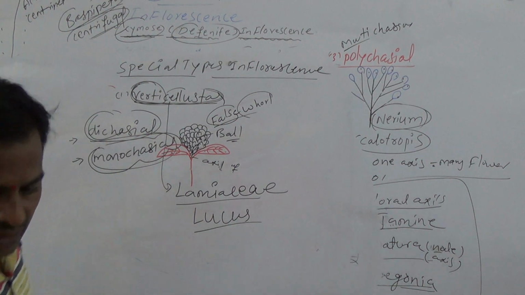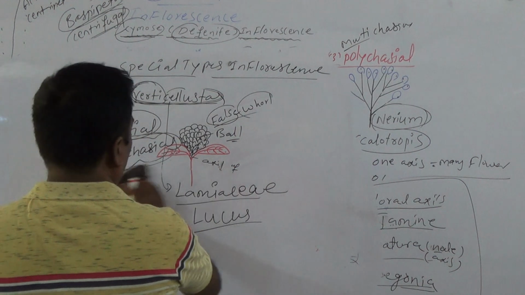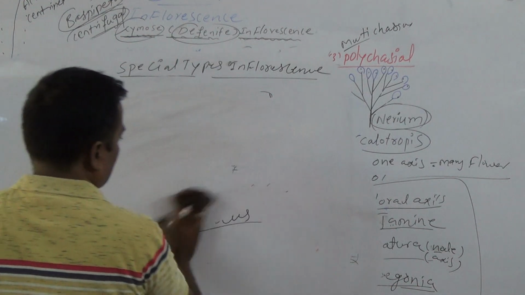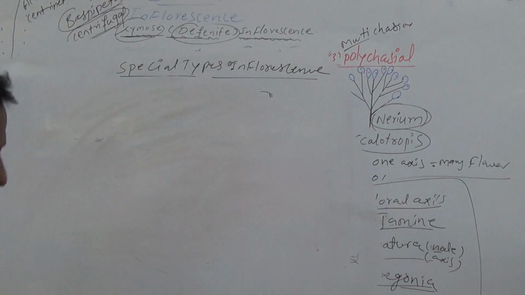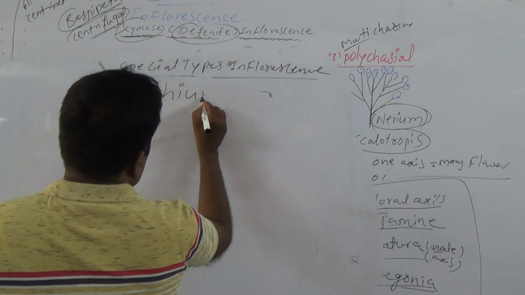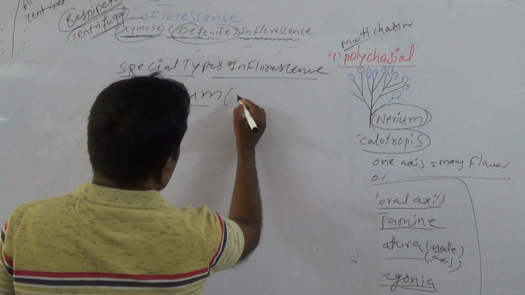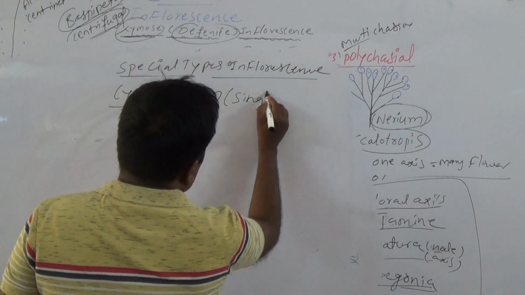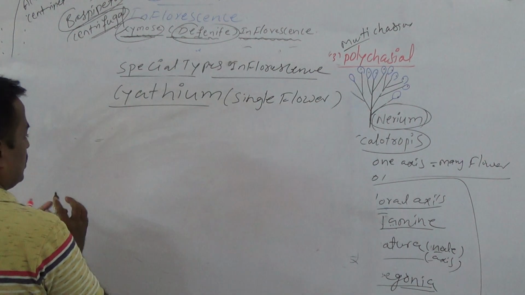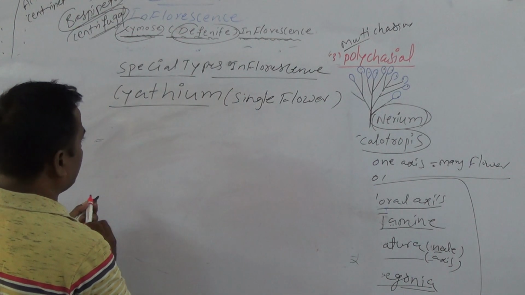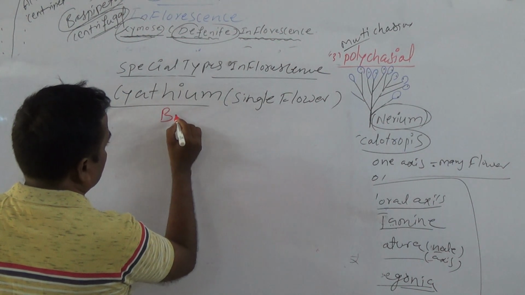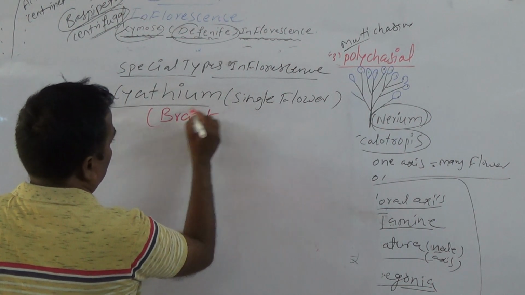And the next one is cyathium. Another special type of inflorescence, cyathium. The first one was ball-like inflorescence; the second one is cyathium. It is a single flower-like inflorescence. Only it is single flower-like, but it is special because in this inflorescence the bract is modified,